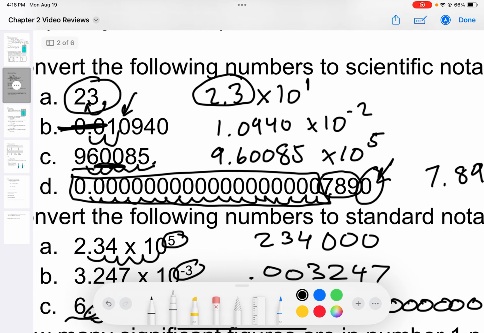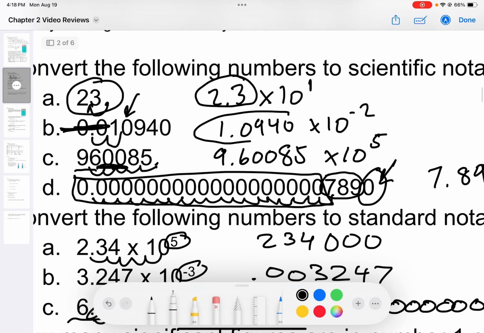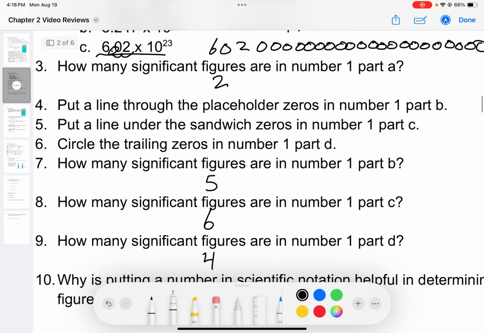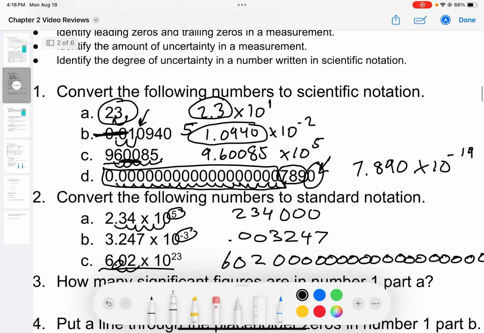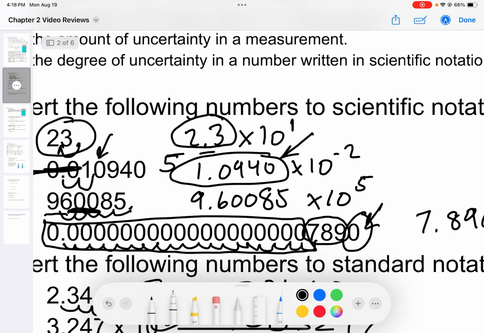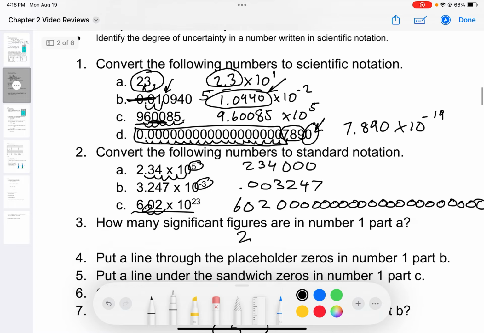Let me show you. Notice our answer here has 5 numbers in it. Look at what we put for the answer to number 7, which said how many significant figures are in number 1, part B, and we said 5. Which is the exact number of significant figures that we have in the scientific notation, right there. Then, in letter C,